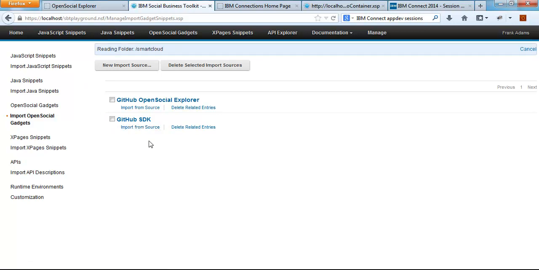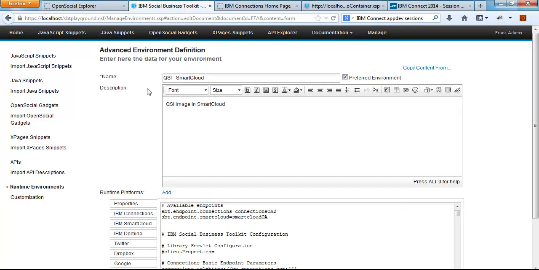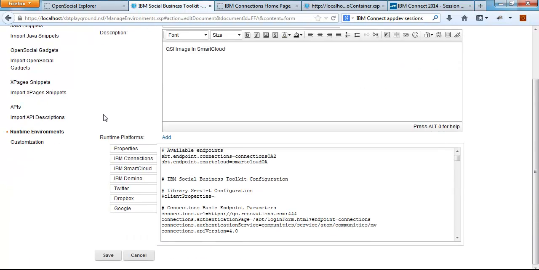And there's only a couple in the SDK right now, and that will grow over time, but right now we only have a couple just to start with. Okay, once that's done, I now have all my gadgets imported, but before I go back to the OpenSocial tab, I just want to take a quick peek at runtime environments and show you what's changed there as well to support OpenSocial. So I have a single runtime environment in my playground, and if I head down to the IBM